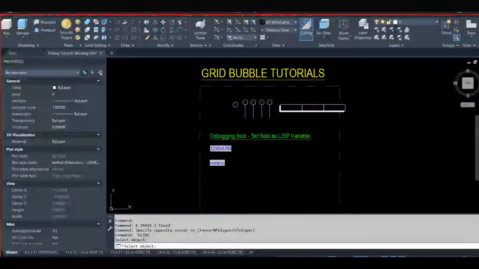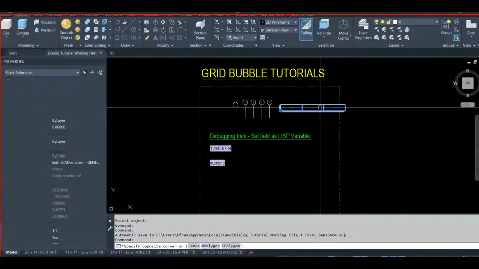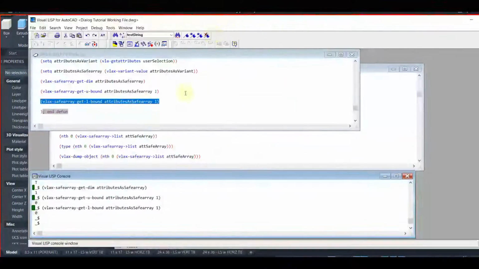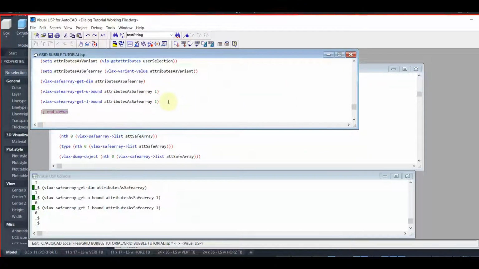You're thinking, what the hell am I doing? I'm going to show you. When I mess around with this block right here, you'll see why I went through all this. Because if I don't show you this, you're going to end up with a block with more than one attribute, and your code's not going to work, and you're going to have to dig all the way through it again and not understand why. If we just go through it, understand what we're looking at, then you will never run into that problem. Because I might tailor this code for a block with simply one attribute, but if for some reason you had a grid bubble with multiple attributes, that wouldn't work. So I just want to show you what we're doing. So anyways, we